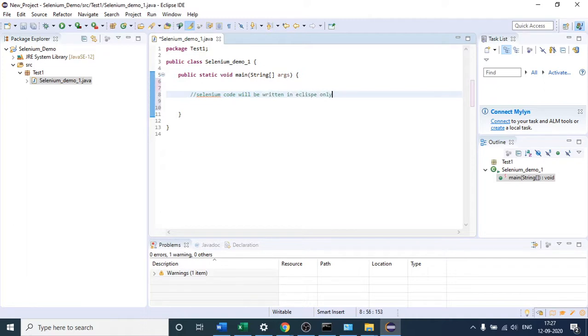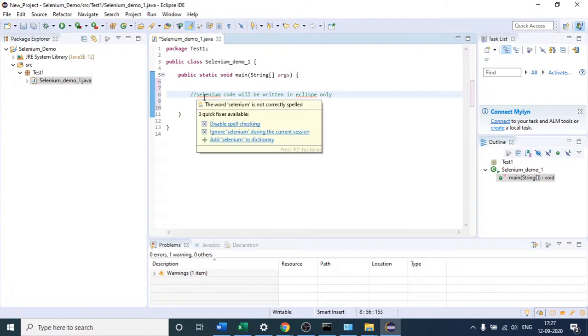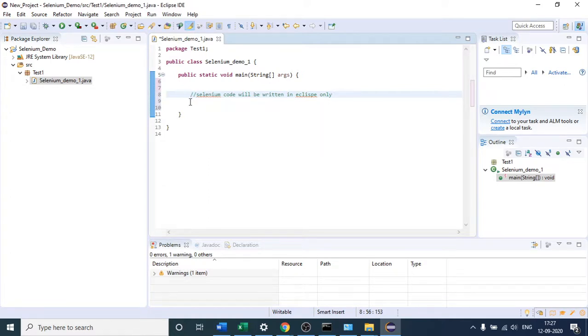One thing you should understand: by default, Eclipse does not have any knowledge of Selenium. It does not know what Selenium is. So how are you going to give that knowledge of Selenium to your Eclipse? How will you give that information?